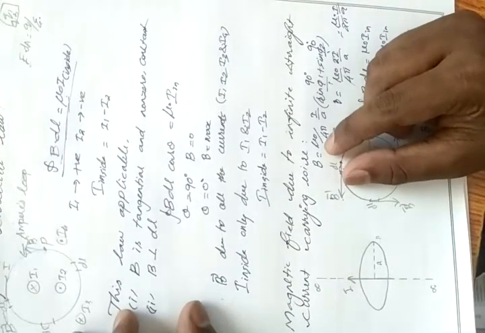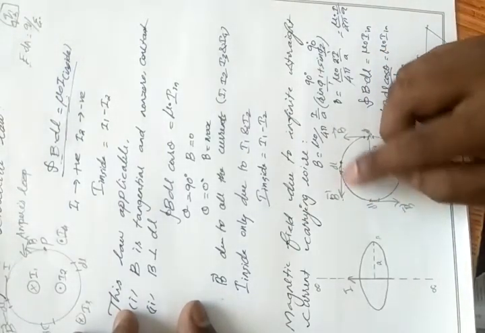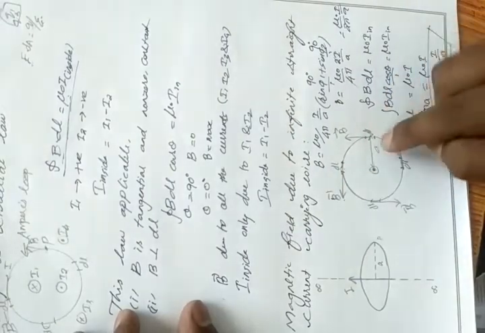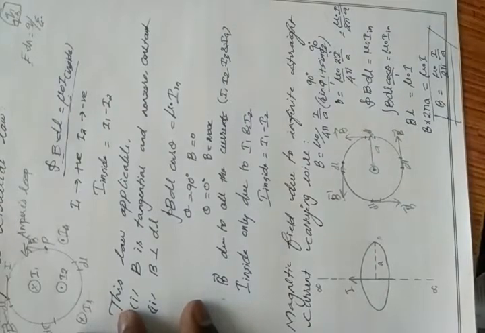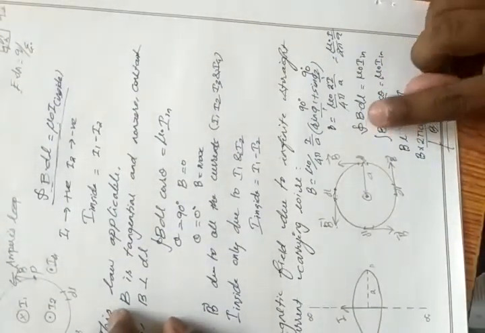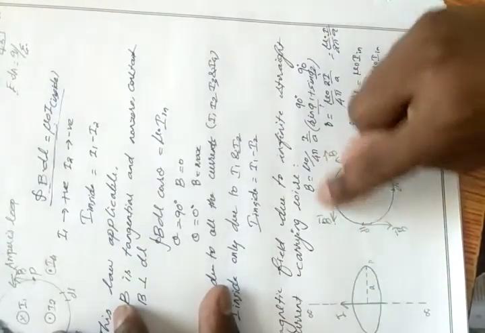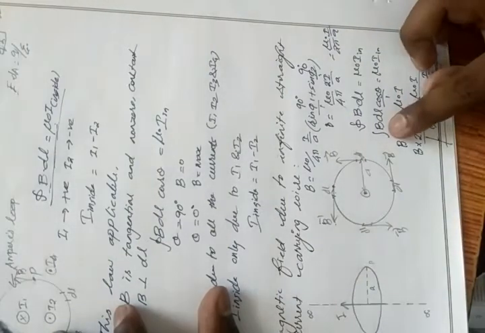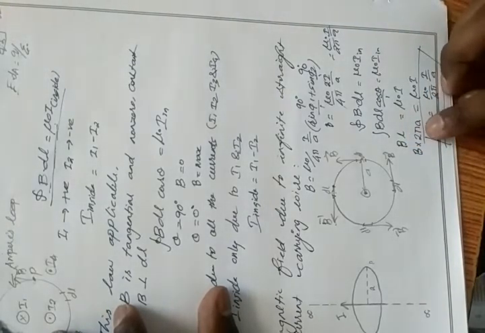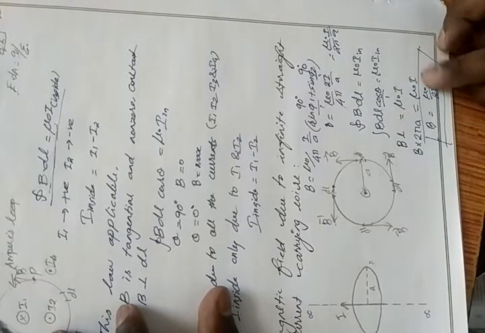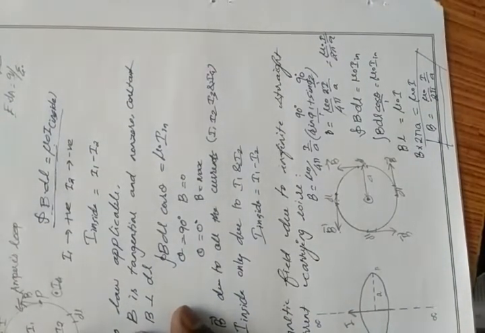If you take another length element, you get here. If you take another element, you get here. So our length element and magnetic field both lie in the same direction. Current is also flowing in this direction, and we get the magnetic field also in anti-clockwise direction. So our angle will be equal to 0. If you apply Ampere circuital law, integration of dl will be equal to L, because we have to calculate the magnetic field for the whole length of the wire. L means the circumference of the circle. So the formula is 2 pi a and mu naught I. So B equal to mu naught by 2 pi I by a. So this is our final equation.